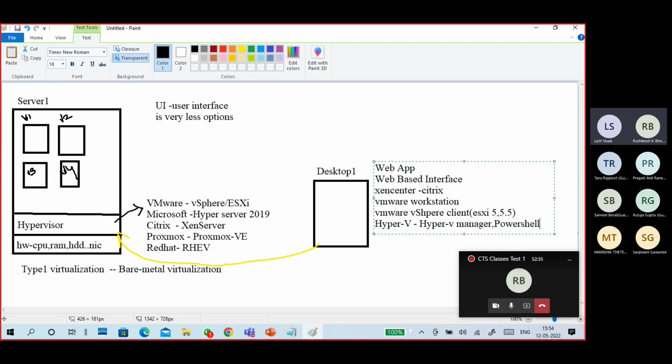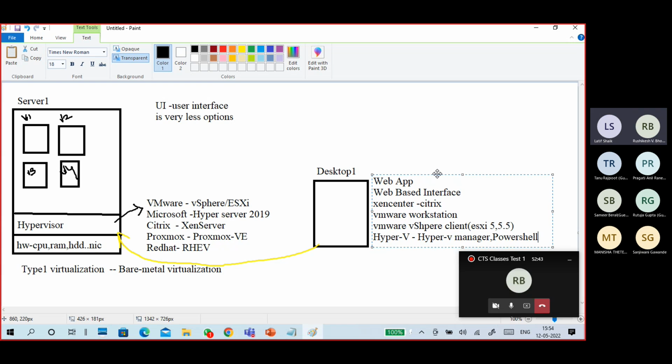What to do? You have to access remotely. Remote tools only. You can use VMware vSphere client, VMware Workstation, Citrix XenServer,